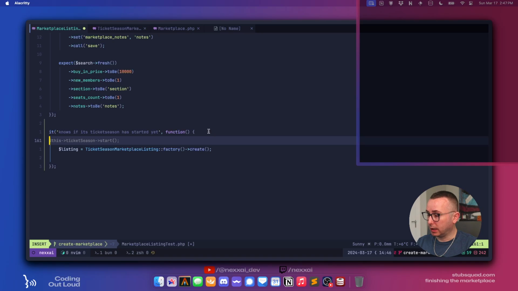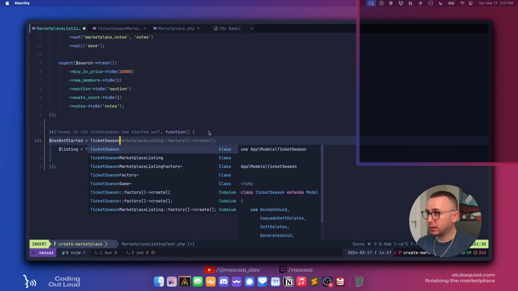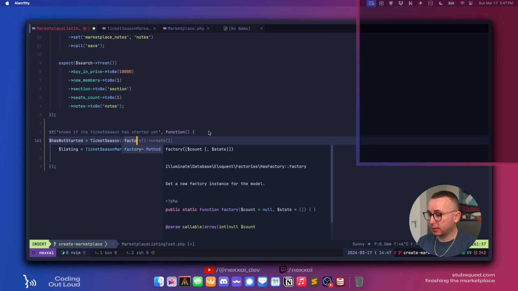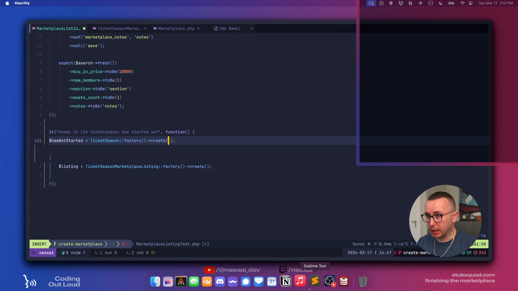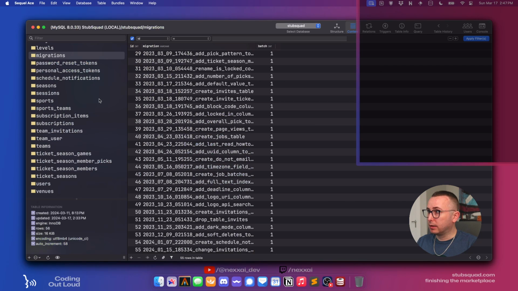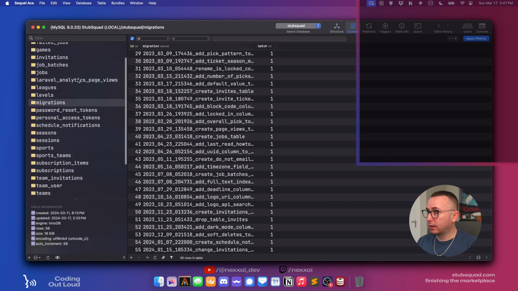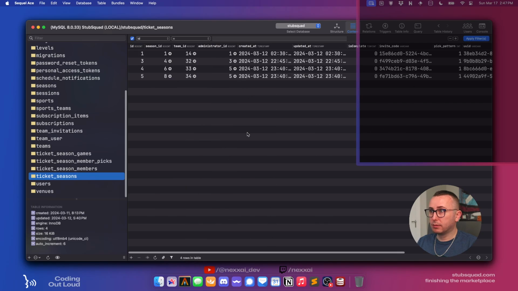We're going to say has not started equals ticket season factory create, but we want to say ticket seasons, what's the flag?